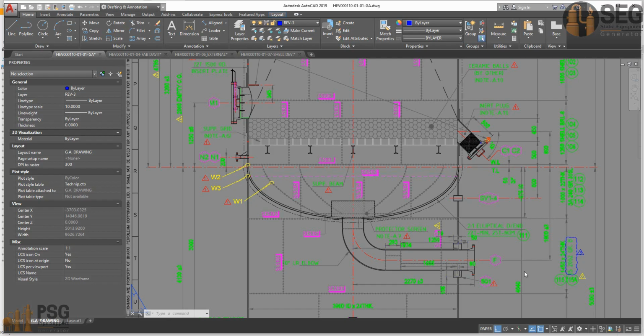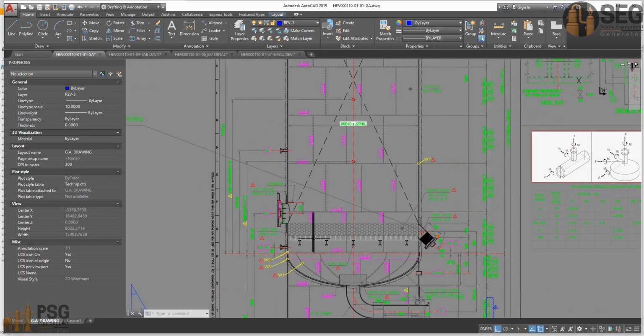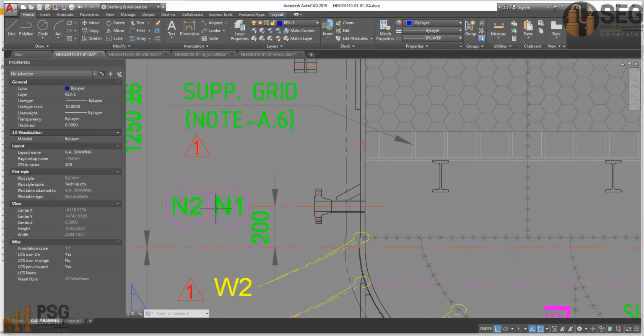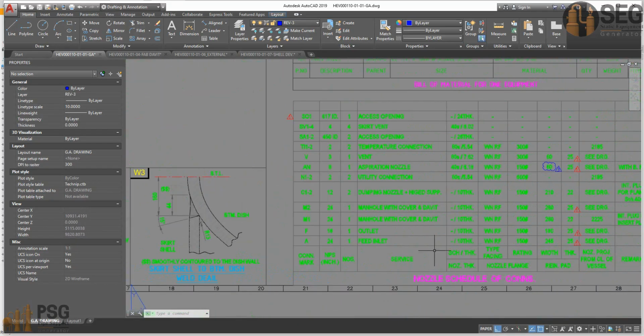In this part of the tutorial video, we will start creating the shell nozzles. And here we have some nozzles on the shell cans. We will start with nozzle N1 and N2. Here, if we take a look at the bill of material,